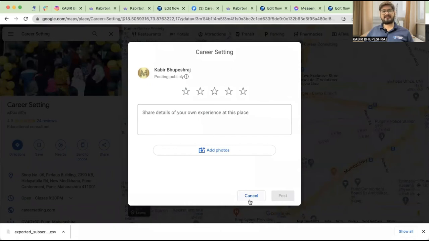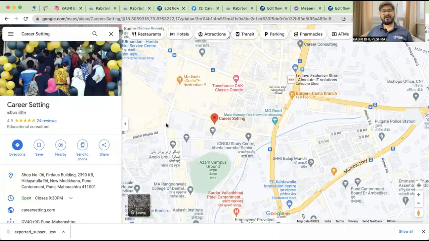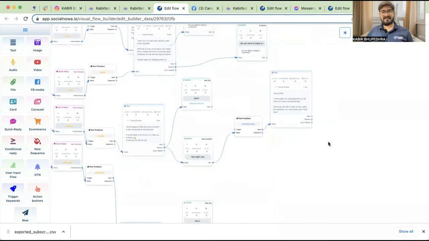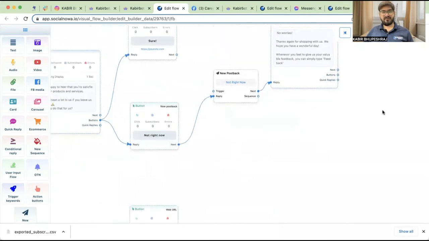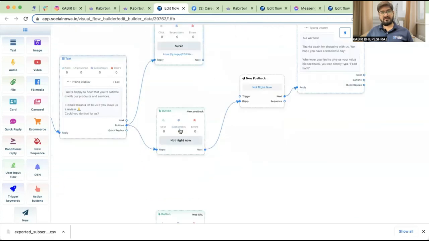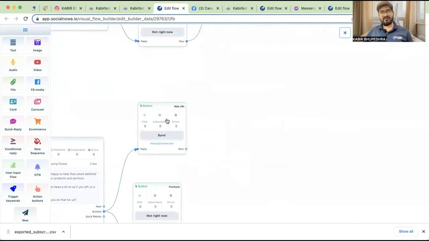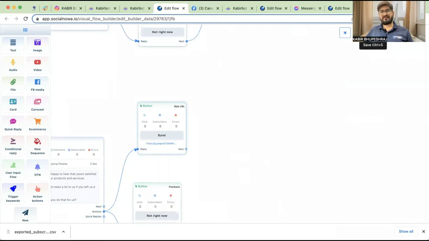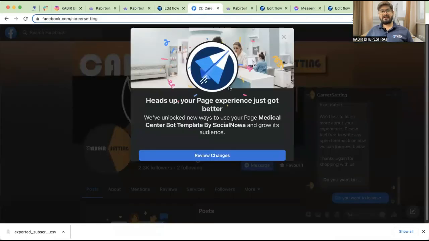I'll just say cancel and come to the edit. Now here, you can see the last option where we say sure. Here you have to type your web URL, Ctrl+V, done. And again, one more time here, you have to share the link, done. Now we'll say save. Now we have saved it. Now let's check